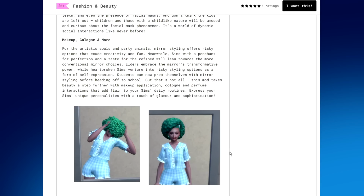Makeup, cologne, and more. For the artistic souls and party animals, mirror styling offers risky options that exude creativity and fun. Meanwhile, Sims with a penchant for perfection and a taste for the refined will lean towards the more conventional mirror choices. Elders embrace the mirror's transformative power, while heartbroken Sims venture into risky styling options as a form of